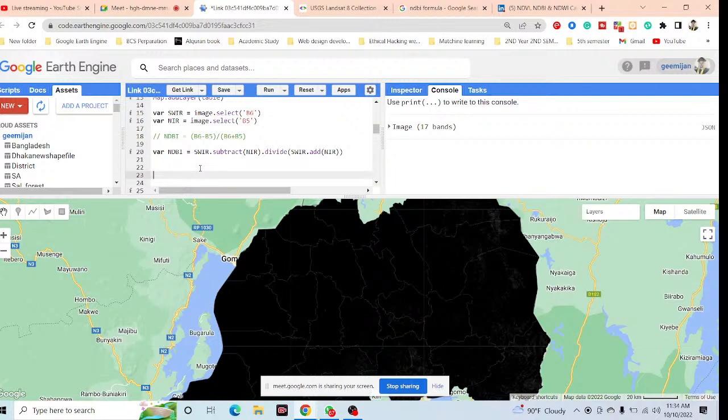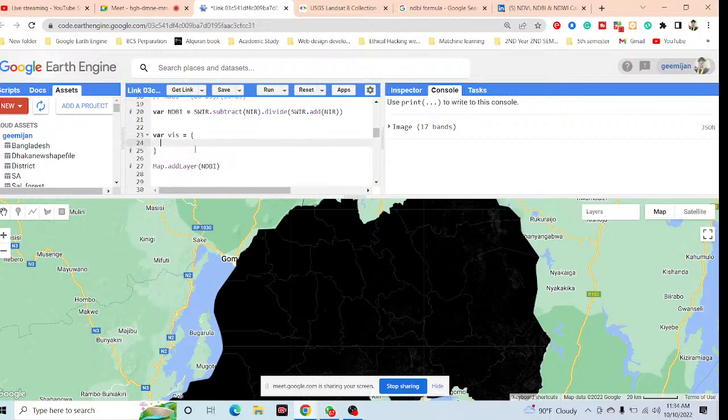For this, I take a variable and give the variable name, suppose, DIS. You can use any variable name. I use the curly bracket. This time I use the min, suppose it will start from the -1 pixel value and max up to +1 pixel value. And I also want to add the color palette